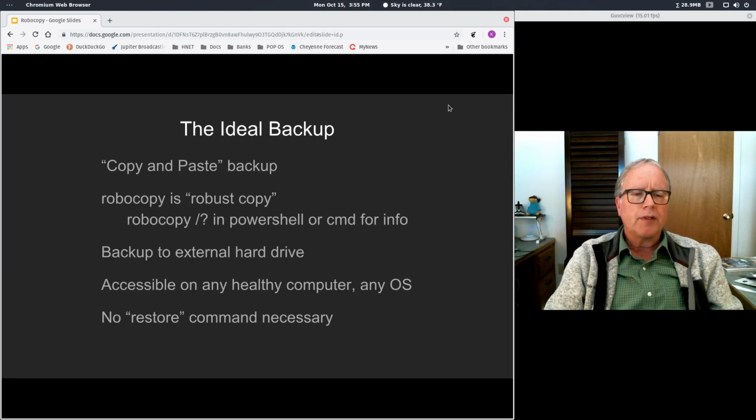I like backing up all the backup data. I like it to go to an external hard drive, and I want that to be immediately accessible on any other healthy computer and any other operating system. Once the backup is completed, you should be able to just unplug the hard drive, bring it over to another computer, and access the files on that computer and be able to get full access to all the data. That is not really what happens when you are doing what I would call a traditional backup using a backup